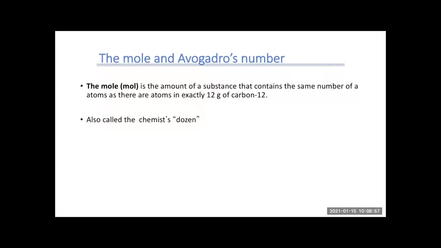So now let's look a little closer at the mole. As I said, the mole is the amount of substance that contains the same number of atoms that there are in exactly 12 grams of carbon-12. We tend to call the mole the chemist's dozen. If you think about a dozen, if I tell you had a dozen eggs, you know you have 12 eggs. So everybody knows that